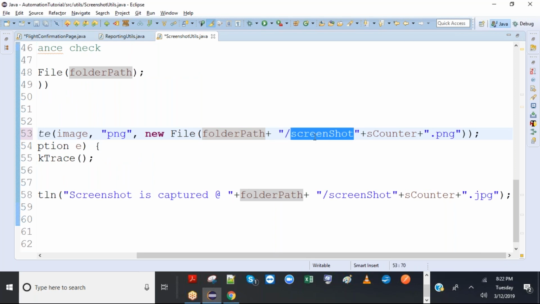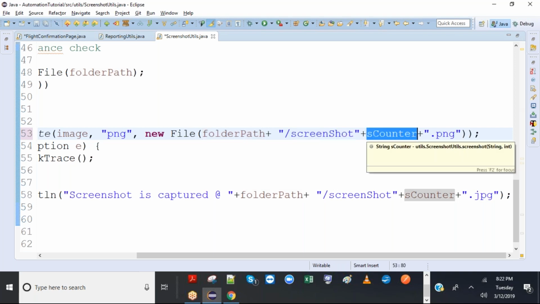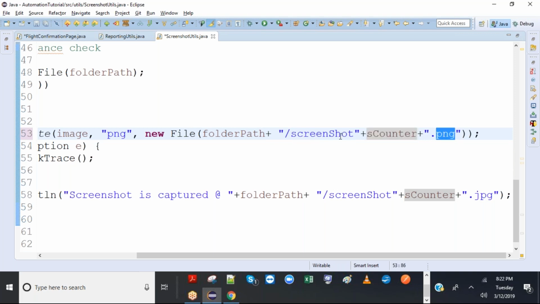So the folder path will have the screenshot subfolder, and in that the file will be stored as counter.png. The folder path and screenshot will be in the file name, so the first file name will be 00001 or whatever .png.